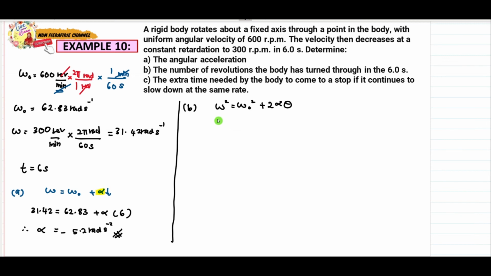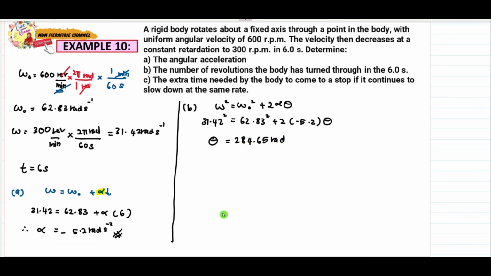Okay, so we want to calculate theta. So 31.42 squared jangan tinggal, 62.83 squared plus 2. Alpha is negative 5.2 theta. Therefore, theta is equal to 284.65